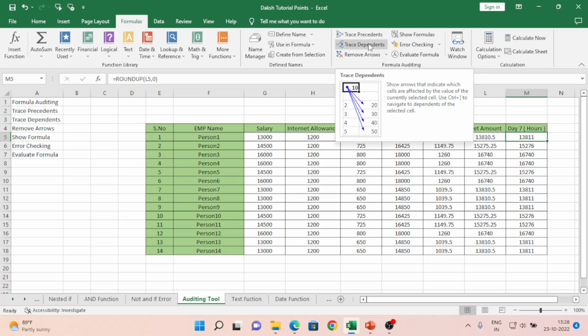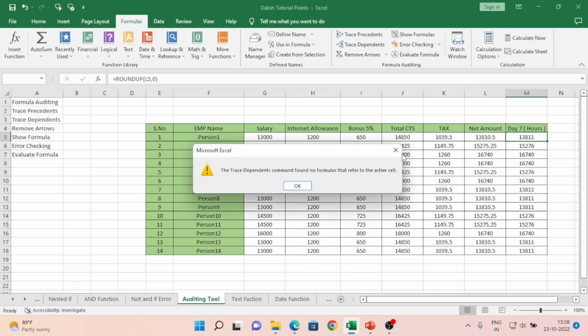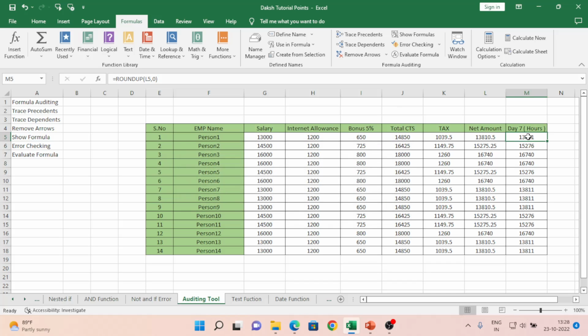Then again if I want to check dependents, it will show that as of now I have selected cell M5, and column M does not have any impact on any other cell. Say for example, if I change this value, there is no dependent cell on this. So if I want to check dependent cells for another cell,